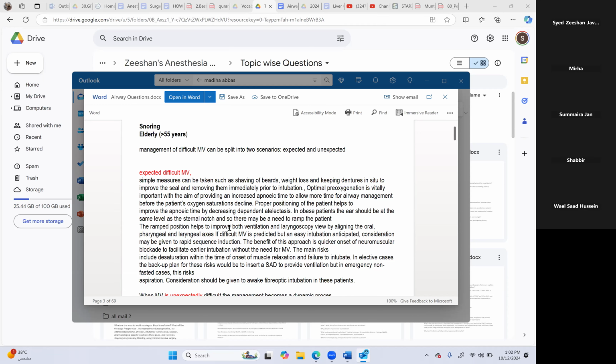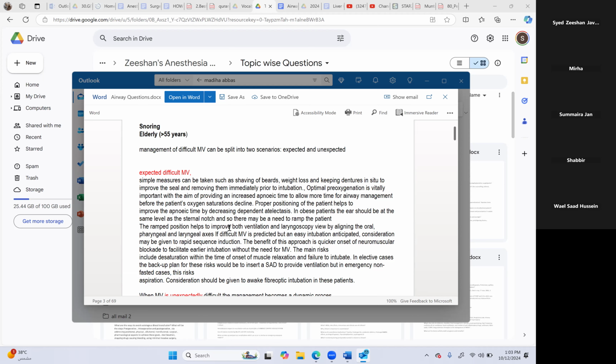actually do. But for the exam, if you tell that you give muscle relaxant, actually practically I tell you, it helps in ventilation. But in the exam, you cannot tell because if you tell, any examiner can catch you. So in the exam, never tell to give muscle relaxant, but I'm telling you a practical